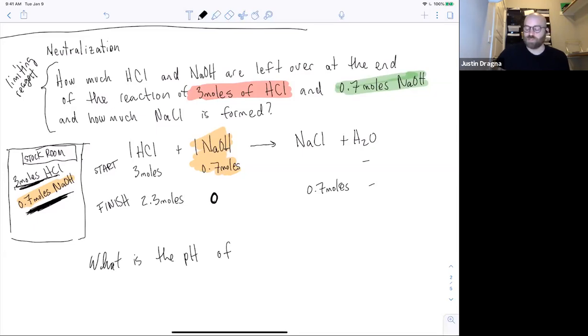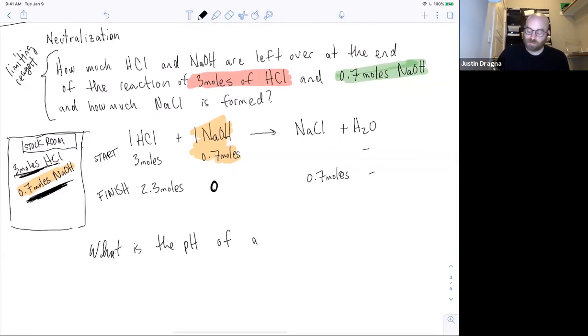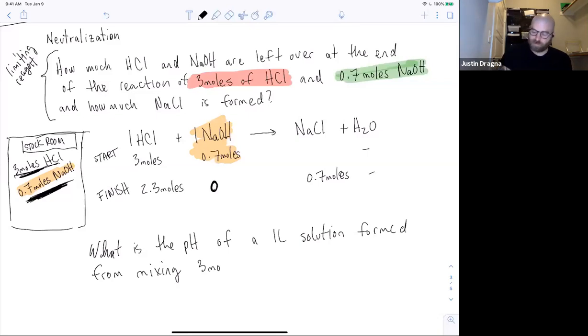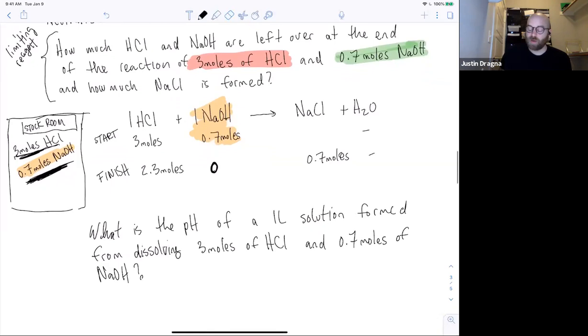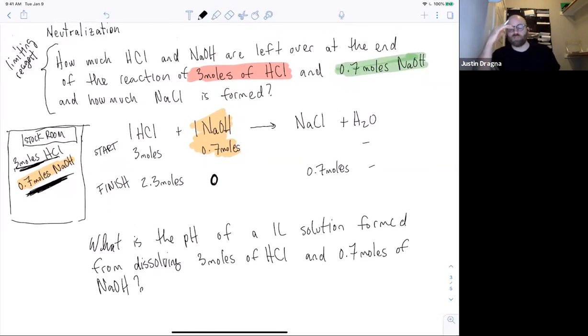And I've left out concentration in this top example just to keep things simple, but we would say, what is the pH of a 1 liter solution formed from mixing, well, let's say dissolving, 3 moles of HCl and 0.7 moles of sodium hydroxide. So now we're asking a different question,